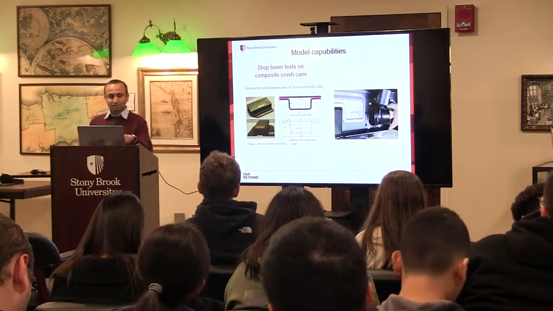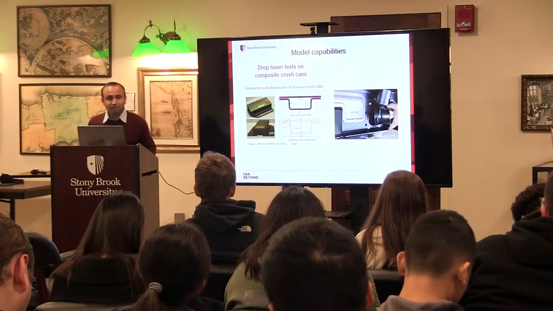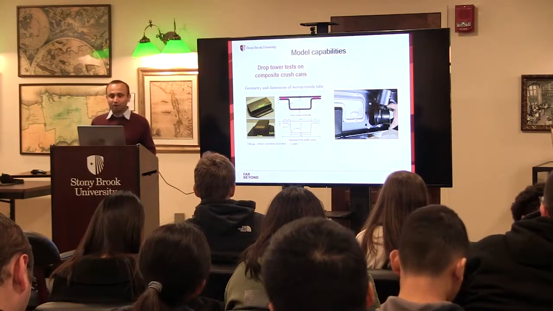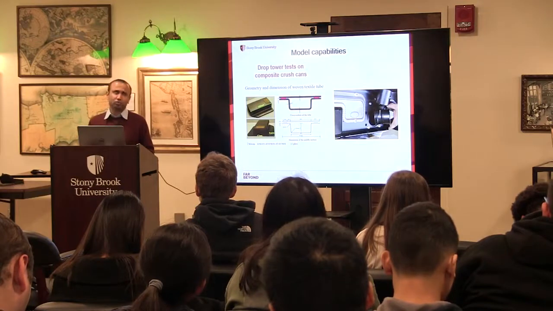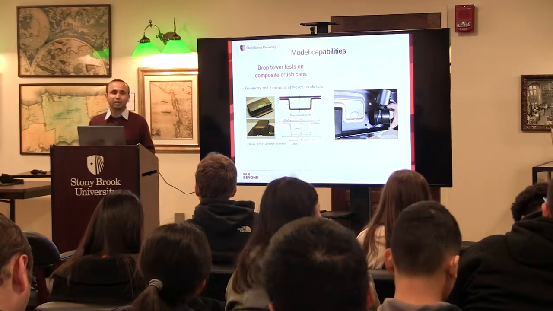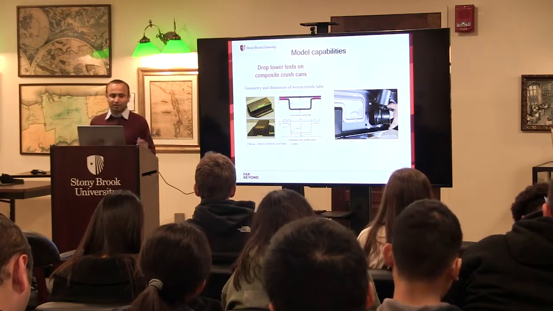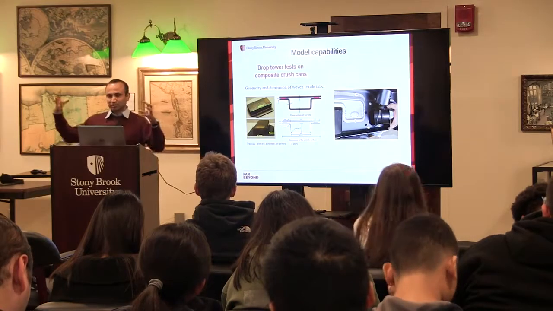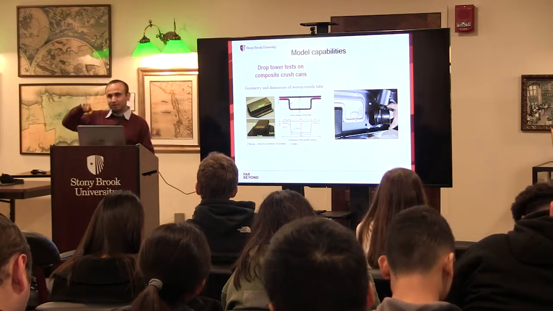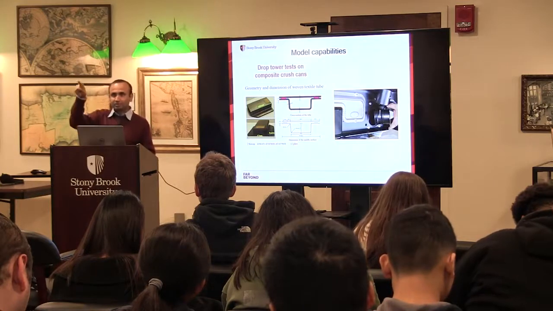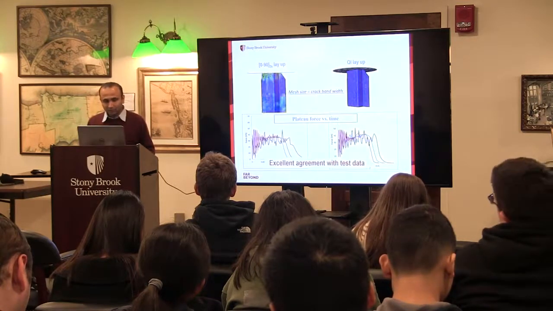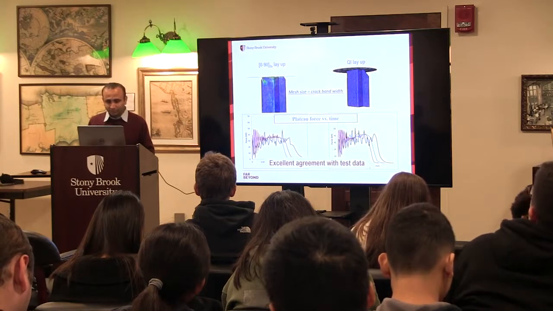Alright, so this is the cross section of this crush can. They call it the hat section. This was developed by Ford Motor. I don't know why it's called that, but it has some benefits when it crushes. It's not exactly a circular cross section. It's like a plate and then this kind of hat-shaped section. And we modeled it.